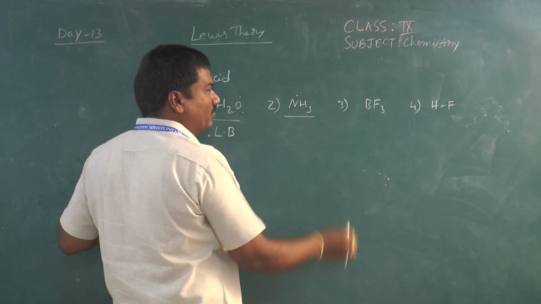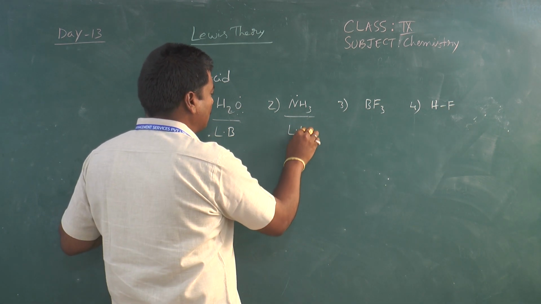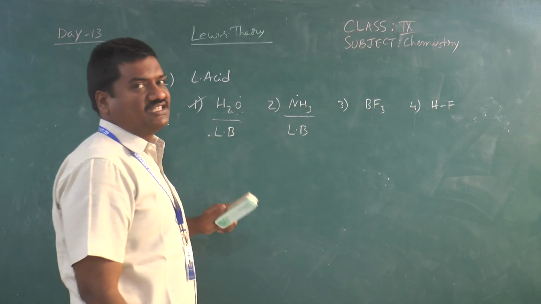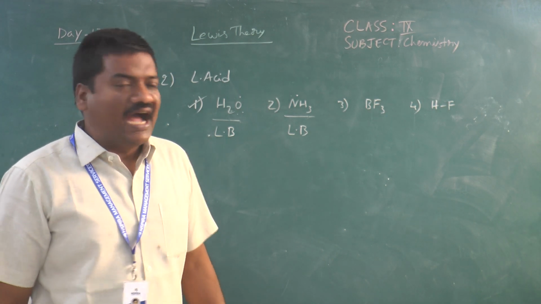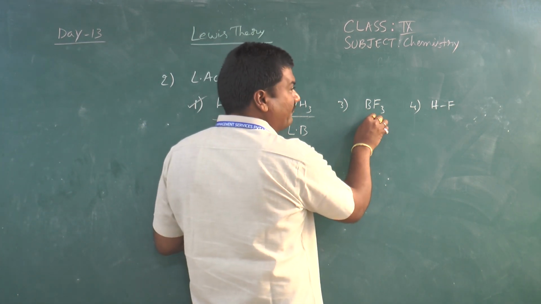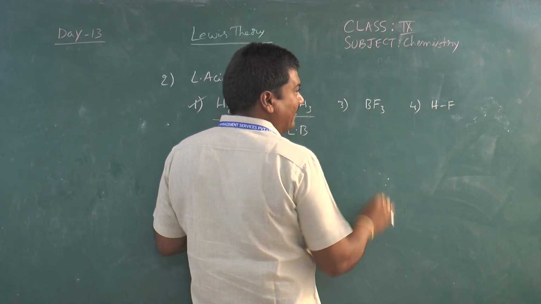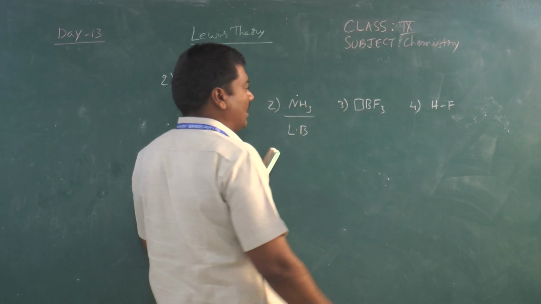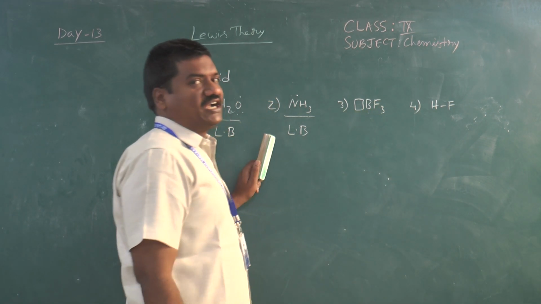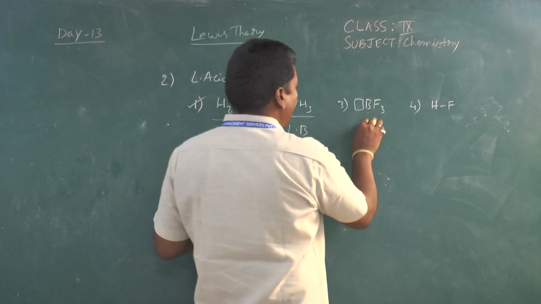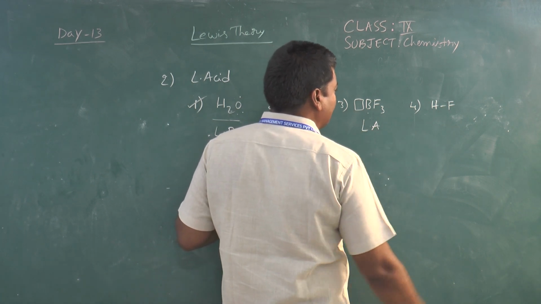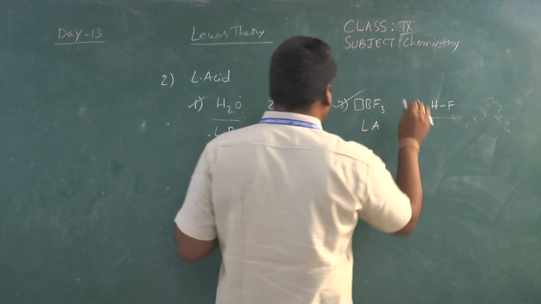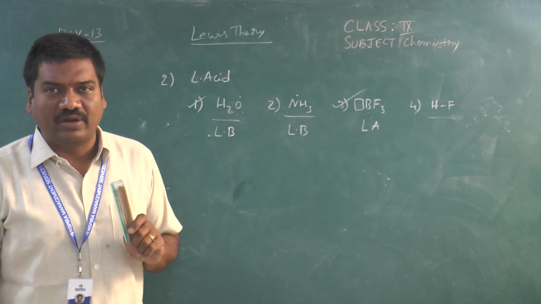Ammonia is a stable molecule, and it also acts as a Lewis base. It has a lone pair of electrons, so it can donate a pair of electrons to the other one. Now come to the boron trifluoride molecule. Boron does not have octet stability, it has an empty orbital. There is a vacant orbital, and to get stability 2 electrons will be required. Then here it will act as a Lewis acid, and the HF molecule is already stable. So the answer I can take as the third one, the boron trifluoride molecule.